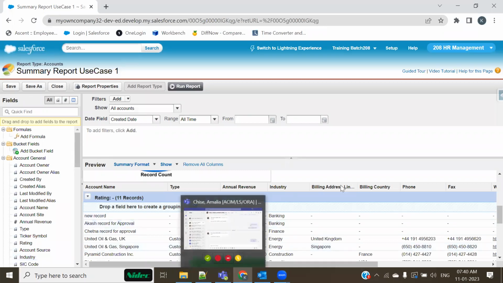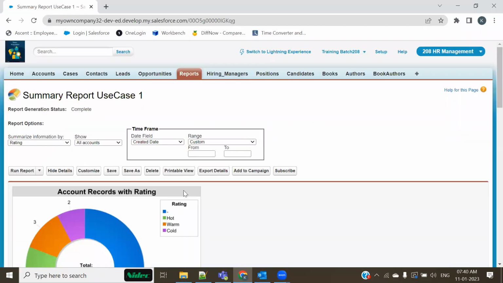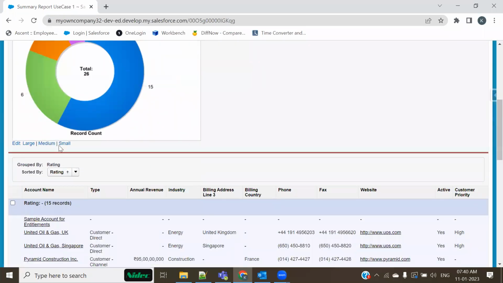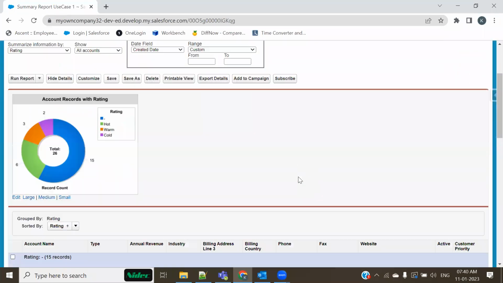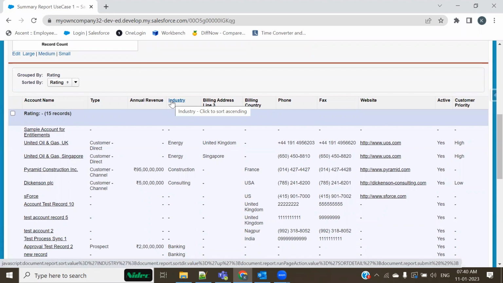All right. So whenever we add any column, for example industry, as you can see, there's a column called industry inside your report. So that industry must be a field inside the object.